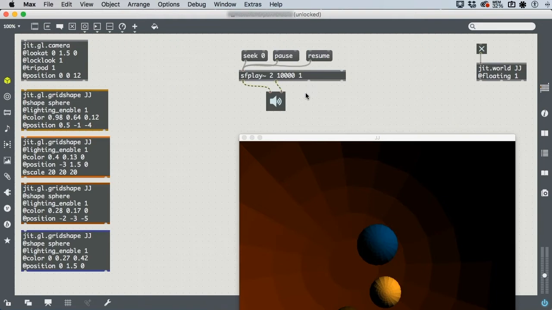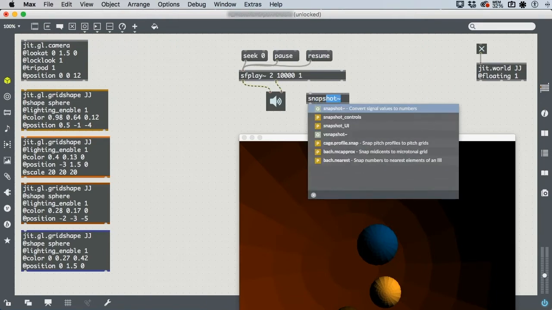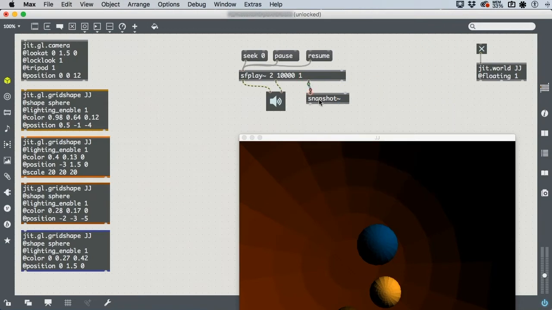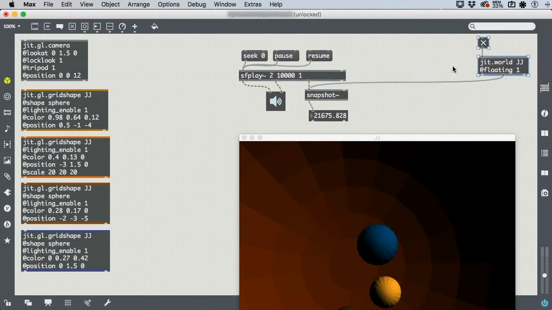So let's take a look at how to access that. We need a new object called snapshot tilde, and we can connect our floating point number box to that. And then snapshot tilde is one of those objects that requires a connection from the middle outlet of the jit.world to its left inlet, just like the AVG tilde, because it's taking a snapshot of the value of this time outlet every frame, in the same way that the AVG tilde is calculating the average volume of a sound every frame. So when we start it,